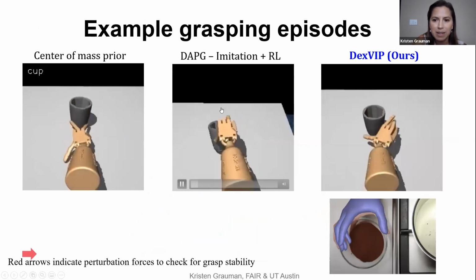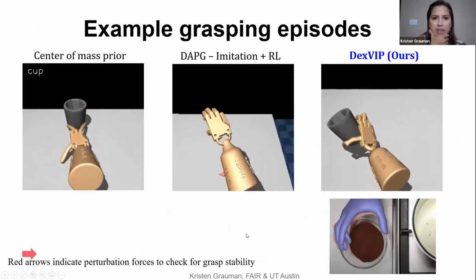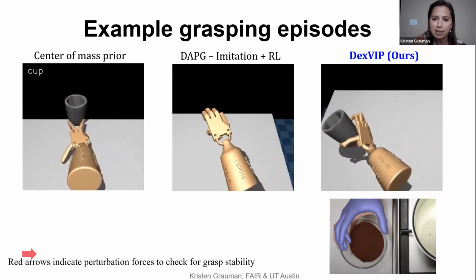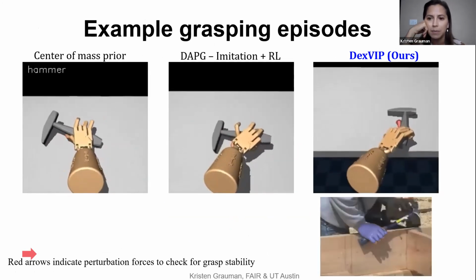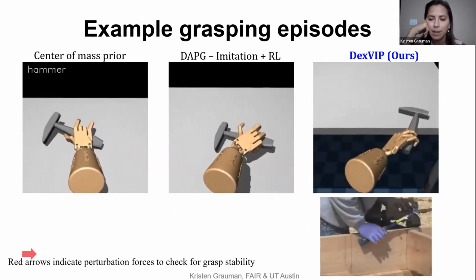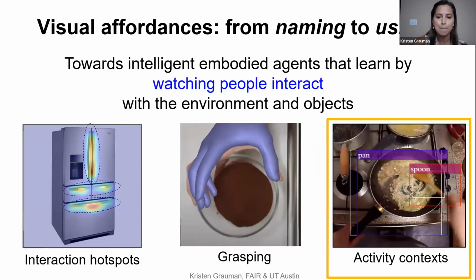All right, so let me show you just a couple instances for a couple objects. Here's back to the cup, and on the right-hand side, you see our model, and you can see a snapshot on the bottom of the human hand pose it's trying to mimic, or at least that it gets bonus reward for doing. And you can see that it was able to pick this up better than the baselines and to do it in a fairly human-like posture. Same thing here for the hammer. Okay, so you can see the progress that we're making, bringing in that human experience to affect the agent action.